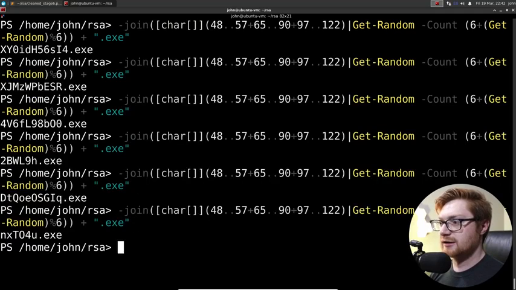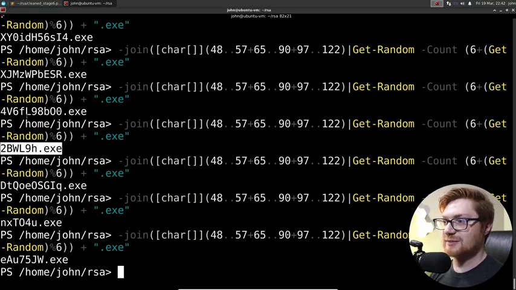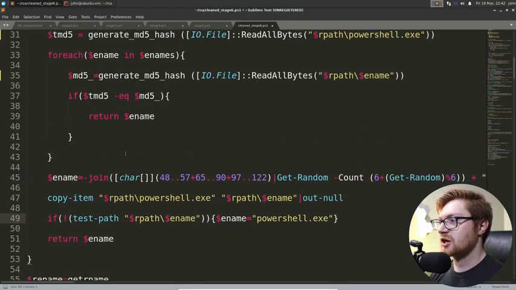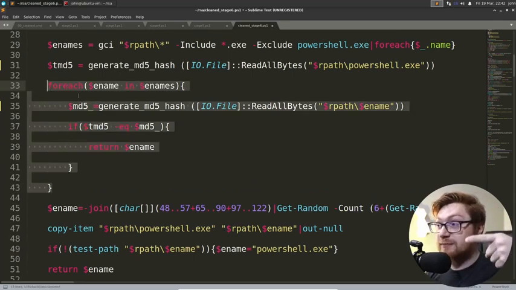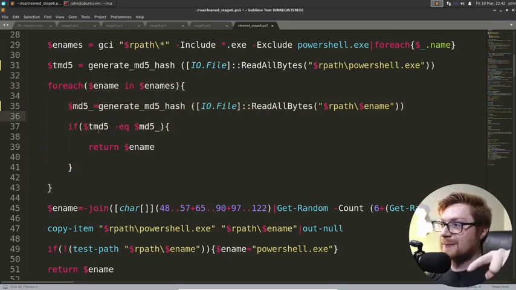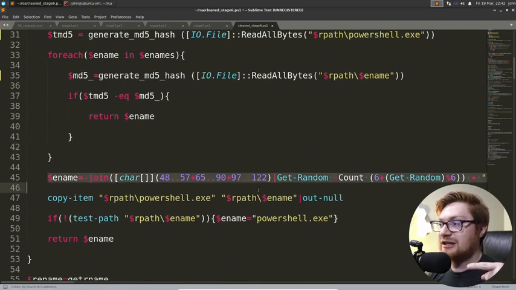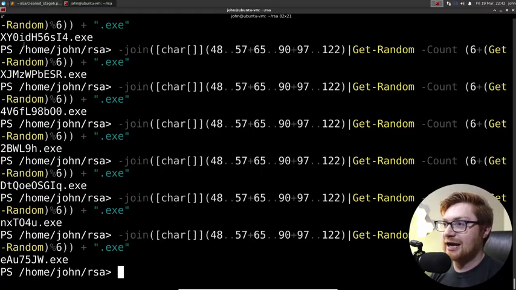Yeah. Oh, that's kind of evil. It just makes a copy of PowerShell and hides it as its own little hash. Oh, so that must be why it does this check. It loops through all of the binaries ahead of time to see if any of them match the hash of PowerShell, excluding PowerShell, to see if they've already been here before, to see if they've already recreated and made this fake copy of PowerShell. Because if they return the executable name that they find first that matches that hash, then they know, I already have my